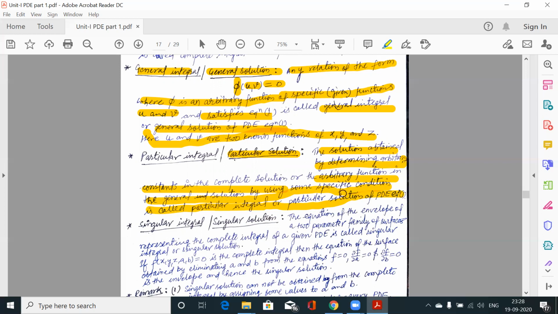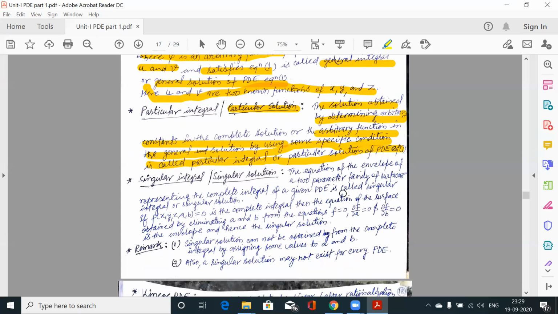The particular solution can be obtained by assigning values to the arbitrary constants in the complete solution, or by finding the arbitrary function in the general solution. How to find the values of the arbitrary constants or the arbitrary function is by a specific condition. So if you are asked to find the particular solution, you will be given one or two conditions